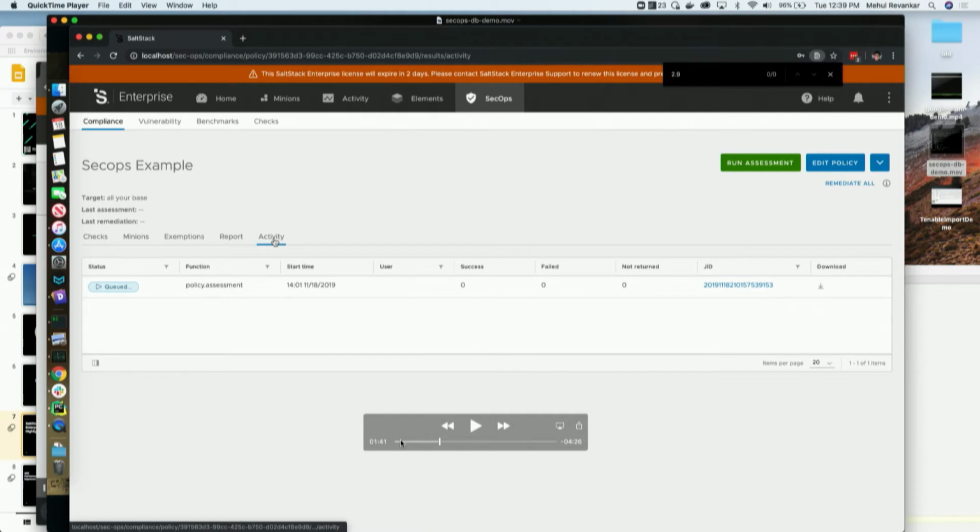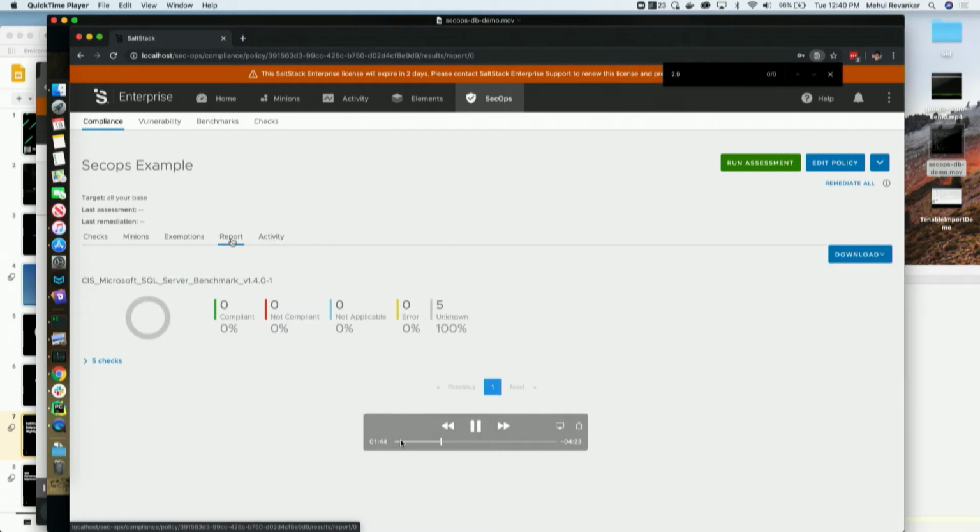The way we designed this is there is a single Salt state file for assessment and remediation. When you run an assessment, it essentially runs in test equals true mode, so it doesn't make any changes to your system. It runs the equivalent of a SQL select statement. Let's say you're investigating a specific configuration setting; we would do a select statement and get it. When we switch over to remediation, it executes the Salt state and applies it. When you run an assessment, everything is unknown because we don't know the state of that database at this point.